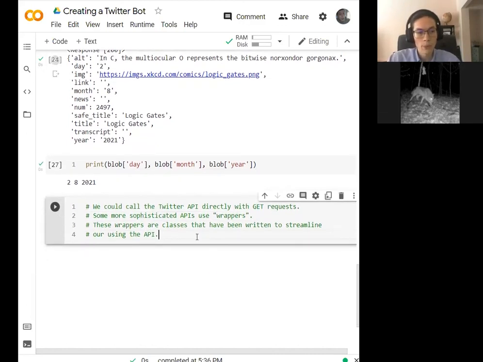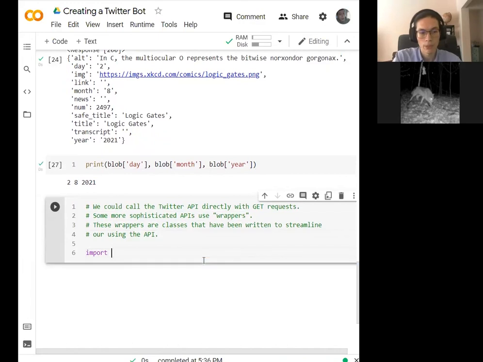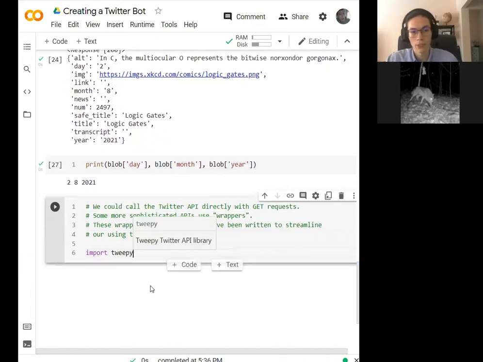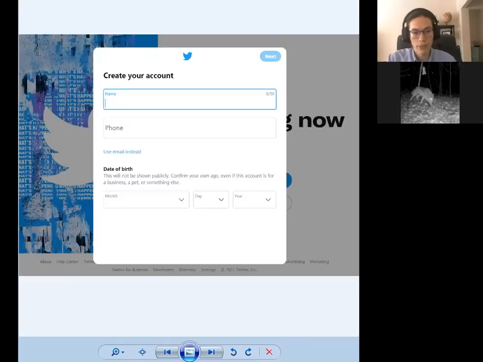So Tweepy, which I imported before, but here let me just write this right now in case there were anyone who joined us a little later. In Google Colab, you certainly can just say import Tweepy, import some library, and Google Colab will go ahead and fetch that library. Now, if we were doing this ourselves, I'll just mention,